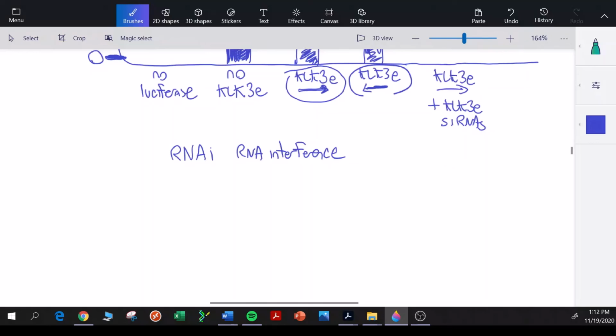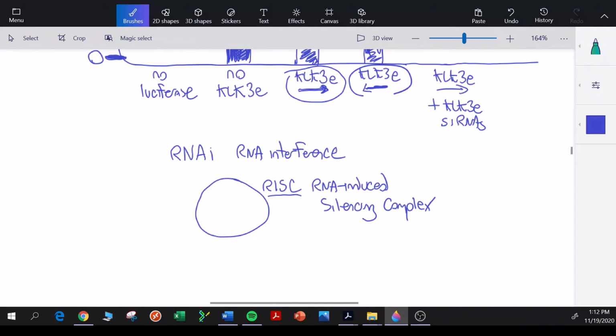So RNA interference, there are several proteins involved in this mechanism. A few of these proteins form a complex called the RNA-induced silencing complex,